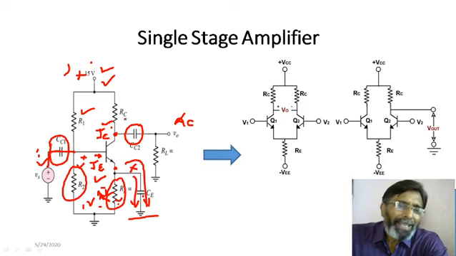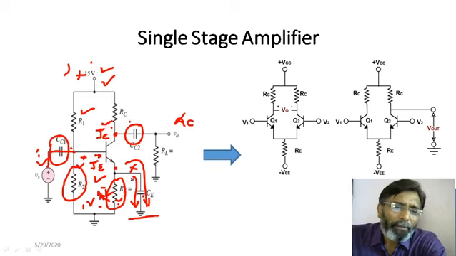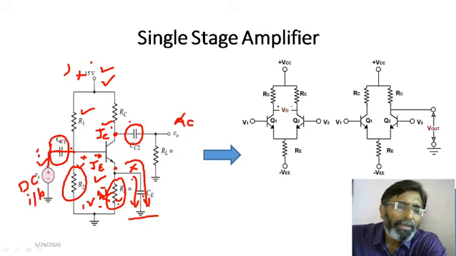Now, because of these capacitors which are connected here, here and here, if I want to apply a DC input, can I apply it? No, because if I apply a DC input, this acts as an open circuit for DC. So, it will not allow DC to go to the base of the transistor, so it will not be amplified. And again, suppose it comes here, this acts as an open circuit, so it will not allow it to go to the output.